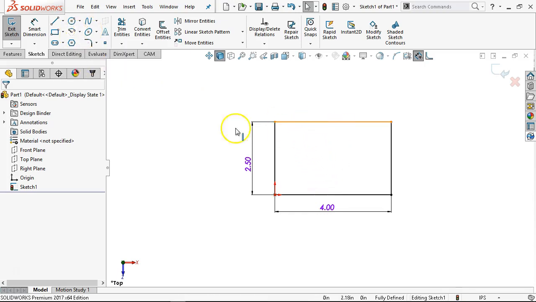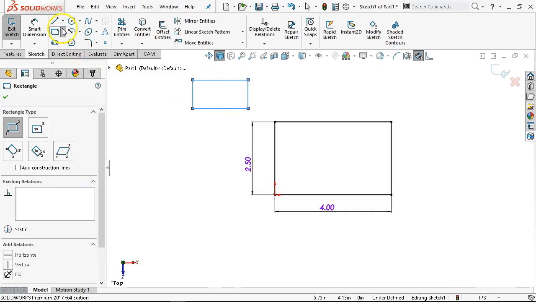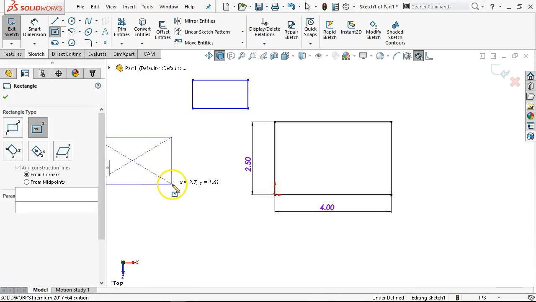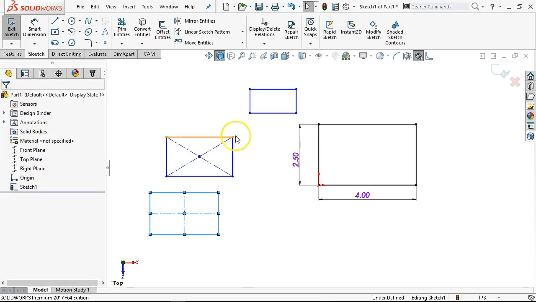Pretty much what we drew with the single lines can be done with the rectangle. So corner rectangle is corner to corner, and center rectangle is to include construction lines, and the construction lines can go from corners or from midpoints. And since I already applied that one, I may not get midpoints. So your choice as to whether you want it to go midpoint to midpoint, corner to corner. And then the others are for 3-point, pretty much parallelograms, or the out of position, and then the parallelogram. So we'll deal with those later,